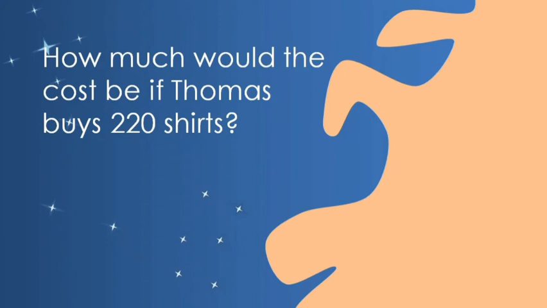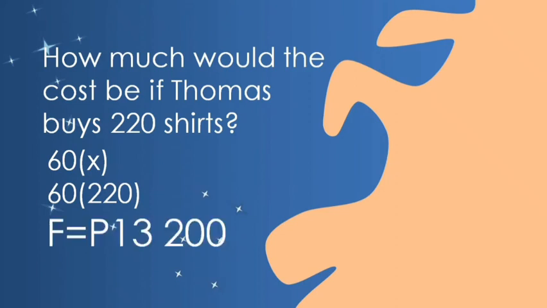And now the second question is, how much would the cost be if Thomas buys 220 shirts? Because he bought 220 shirts, it's more than 150. We'll be multiplying it by 60. 220 by 60 is equal to 13,200. The final answer is